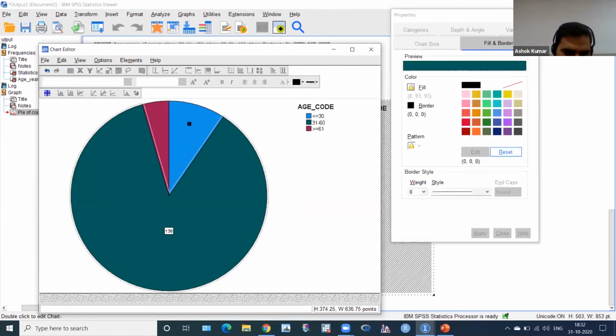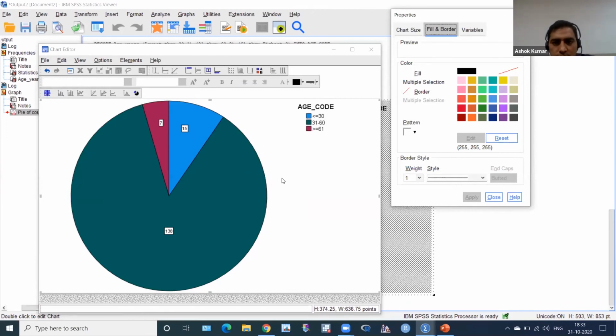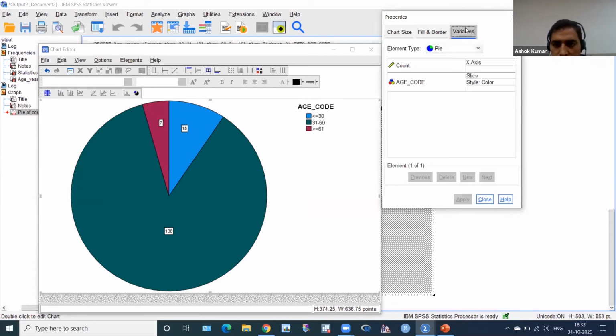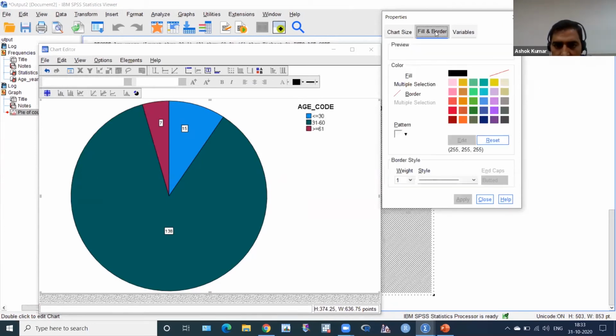Oh yes, 138, 15, and 7. Very good. If you want to change anything else, and if you want to remove this, please click again here, and it goes. And there are properties: chart size, variable, and fill.